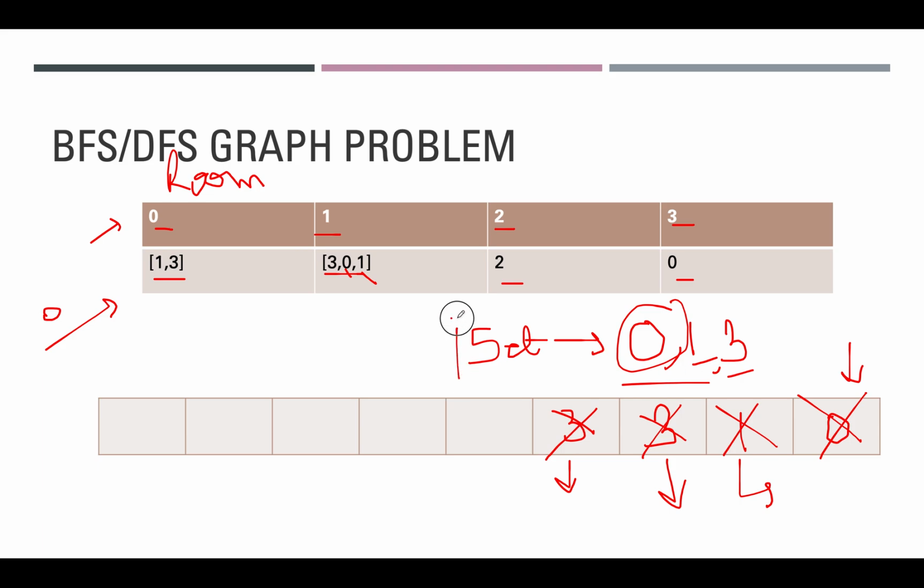and once the queue is exhausted, we need to look at the size of the visited set. If it is equal to n, then we need to return true. That means we are able to visit each and every room. Otherwise, we have to return false. So without much ado, let's move on to the coding part.